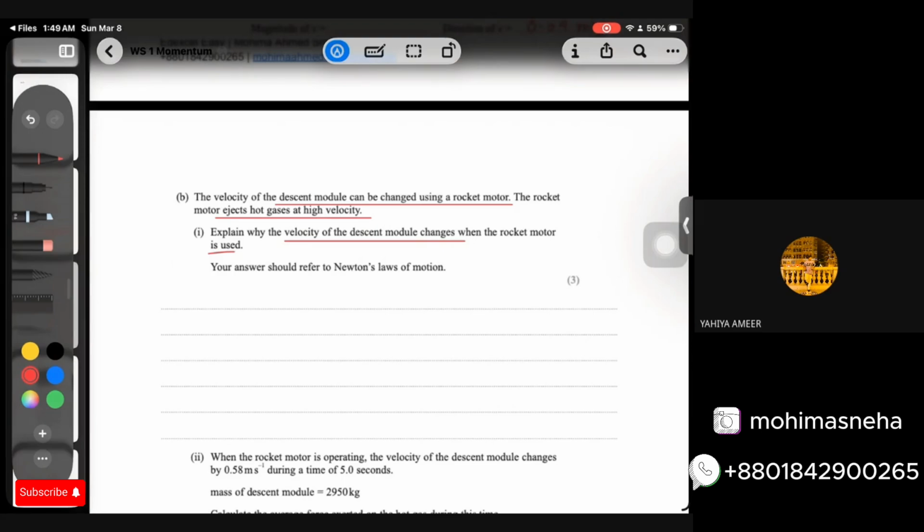So it reduces the velocity, no? Mm-hmm. So when it exerts a force downwards, the